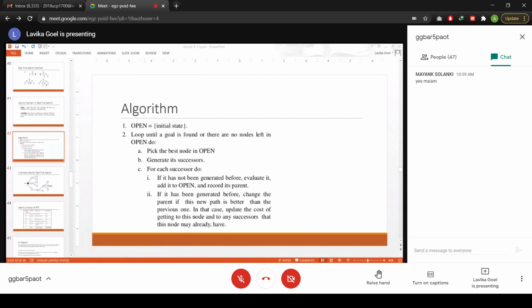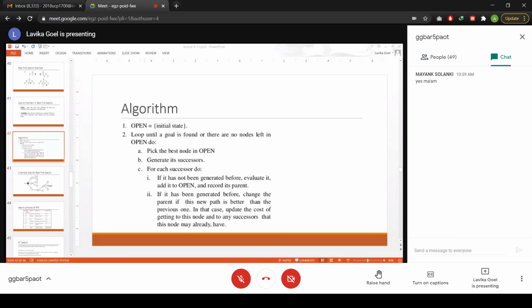But otherwise, if the new path is better, then we will have to reset the pointers to the parents. We have to reset the pointer so that now the parent of this duplicate node is the parent of the new node, whatever you have just now found. That node's parent will become the parent of that particular old node, which is the duplicate matching node. So you have to reset the pointer so that the new path is available to that node and the old path is not considered, right?